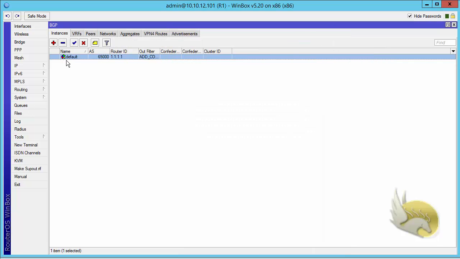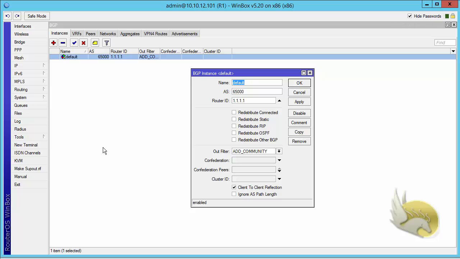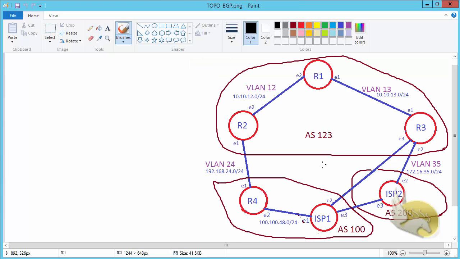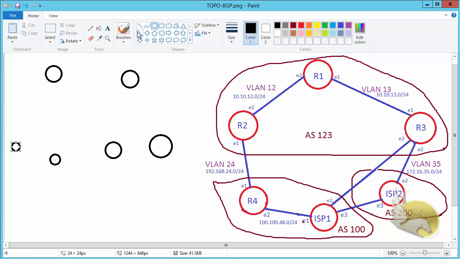If I go to instance, BGP instance, you can see that we have almost talked about all items here except cluster ID. Cluster ID is a very simple thing here. Suppose that you have routers 2, 3, 4, 5, and 6 here, and you want to connect these routers to each other. If you want to do this, for example, this way,